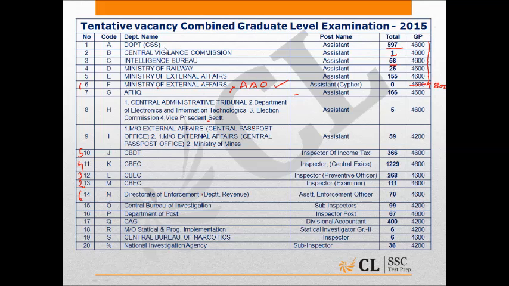if I talk about CSS, generally this gets posting in Delhi or in capital states. So people who prefer Delhi or capital states can go for this post. Otherwise you can go for Intelligence Bureau. You can go for Central Vigilance Commission as well, right? You can go for Ministry of External Affairs. These all have a grade pay of 4600, right? Another exciting post one might find is